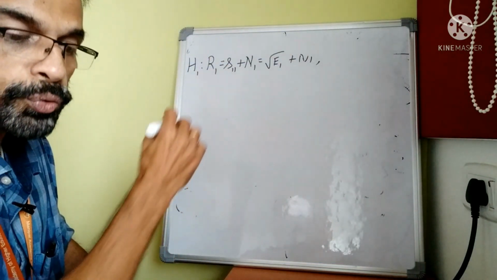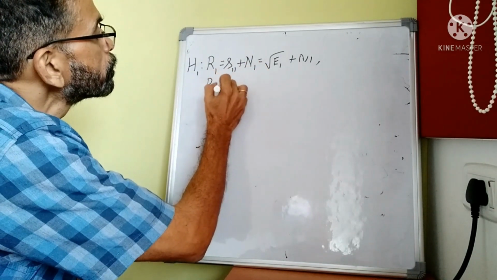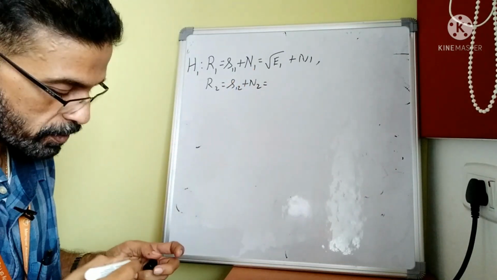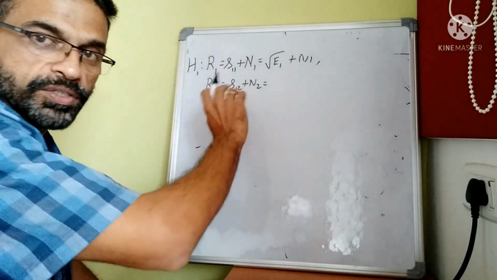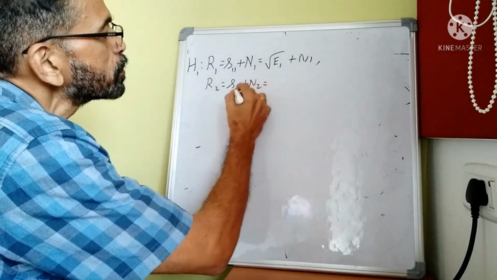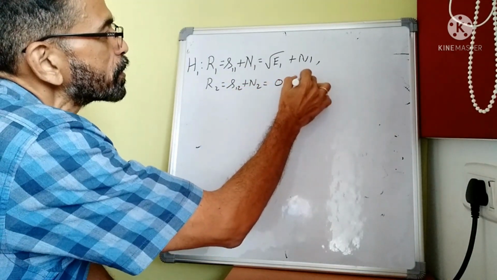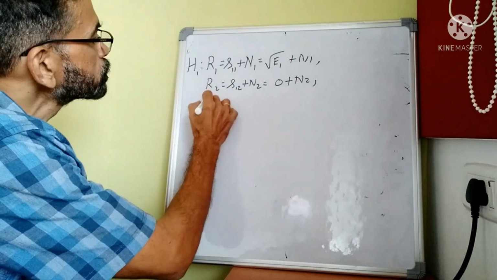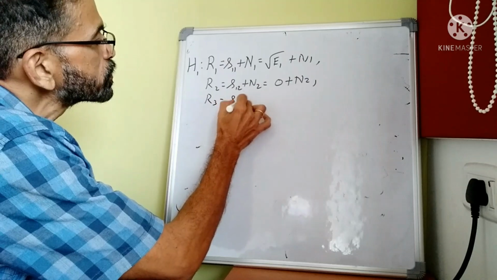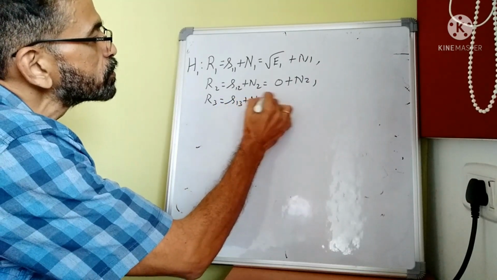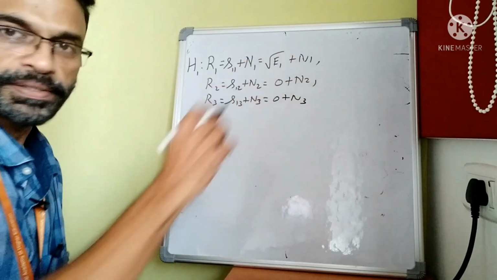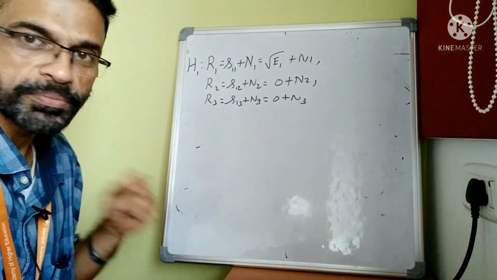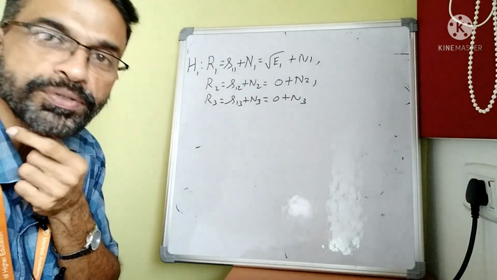And R2 will be S12 plus N2. Refer to my immediate previous lecture in case you have forgotten this. S12 is 0, so R2 is 0 plus N2. R3 will be S13 plus N3, which will be 0 plus N3. So R4 will be N4, R5 will be N5, because you saw that only S11 is non-zero, that is root